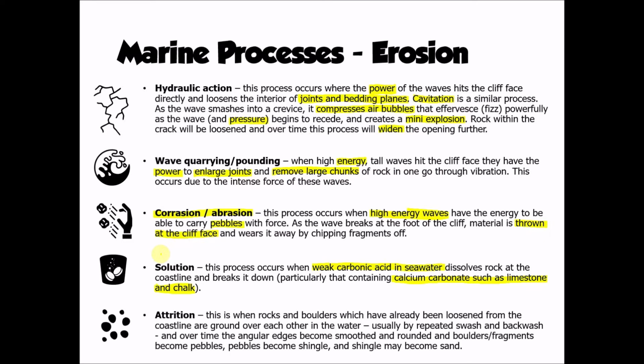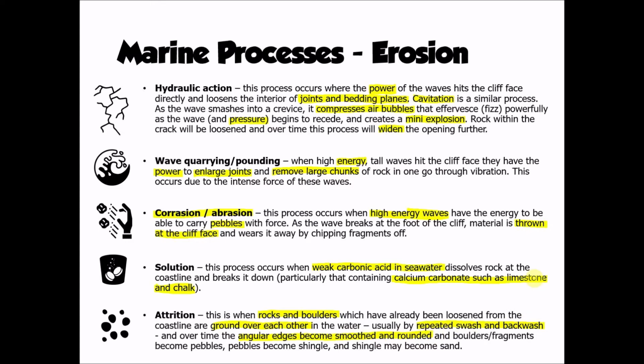The fifth and final process is the process of attrition. Attrition is where rocks or boulders or pebbles which are already in the sea basically knock into each other or are ground over each other, and that repeating swash and backwash of the waves knocking the pebbles together knocks off the angular edges and makes them become smooth and rounded, and that's why if you think about when you've been